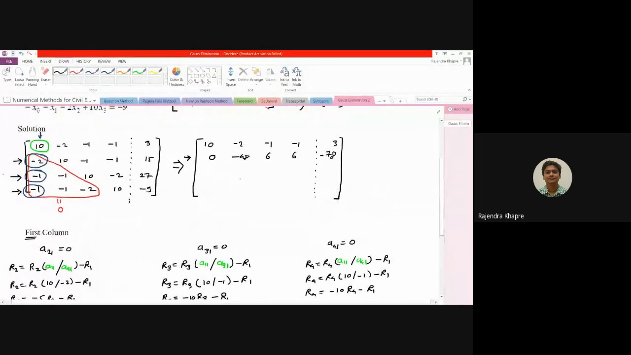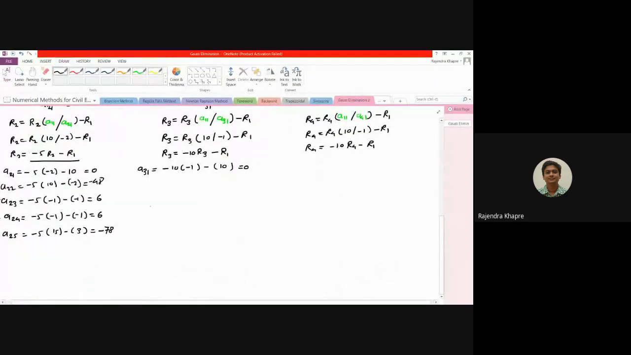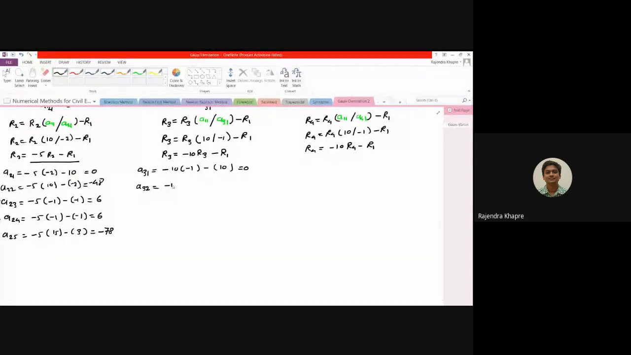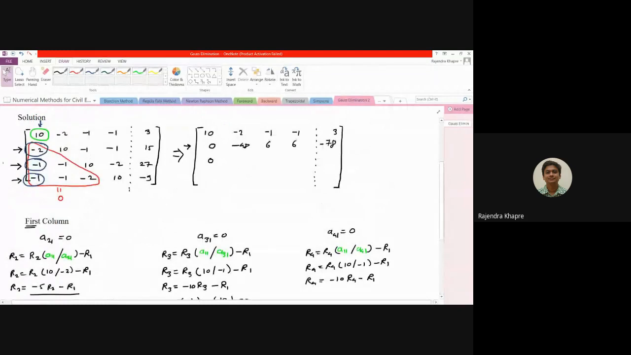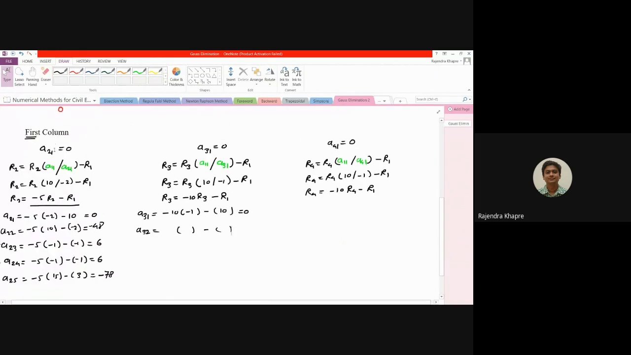So here now I need to put this value as 0. Okay, so in the second one, this will be the third row and second column. So this will again be R3. Okay, so A32 is here, it is minus 1. Sorry, this is minus 1 and this is 10. So this is minus 10 times,